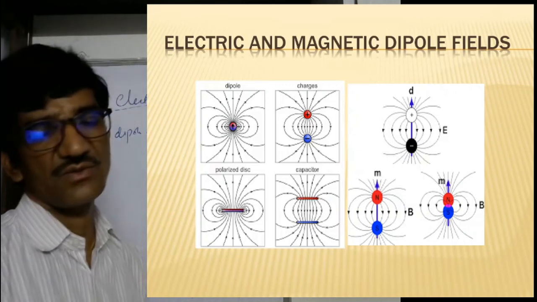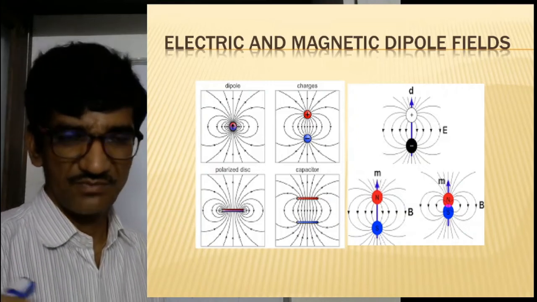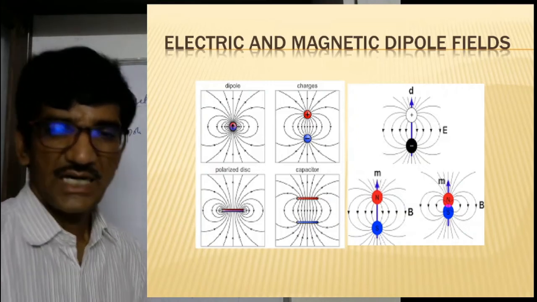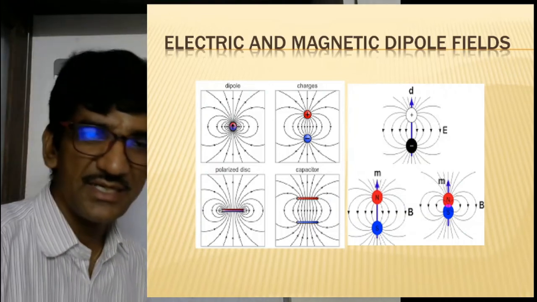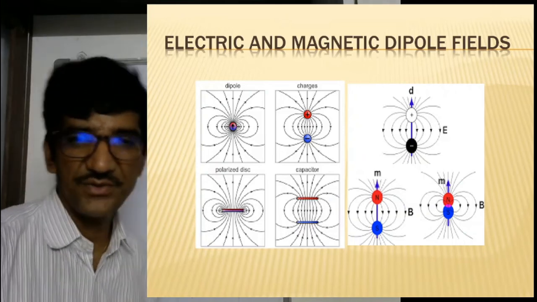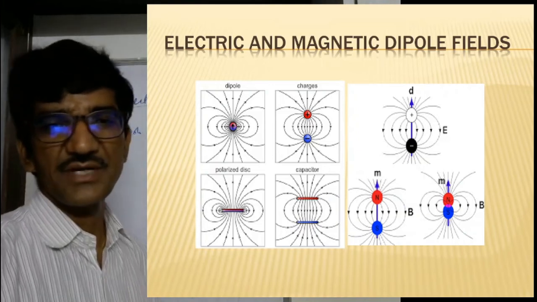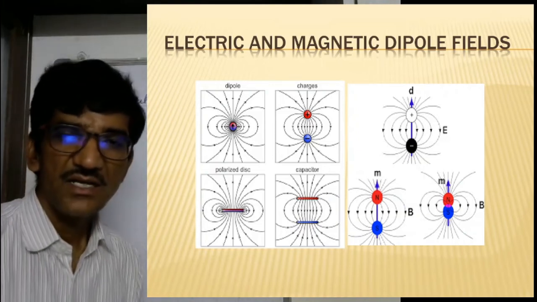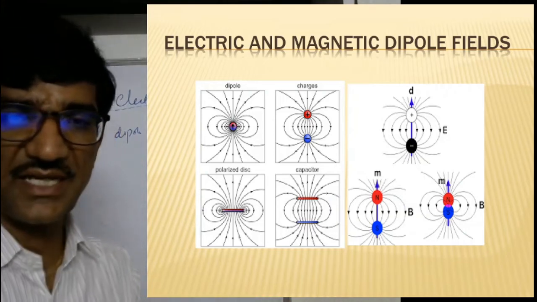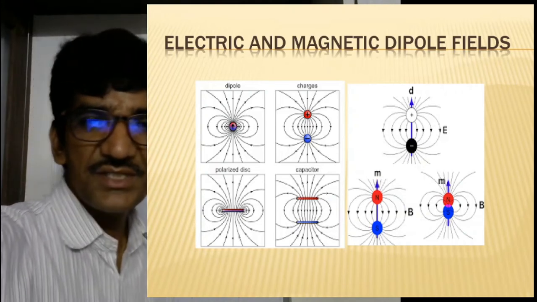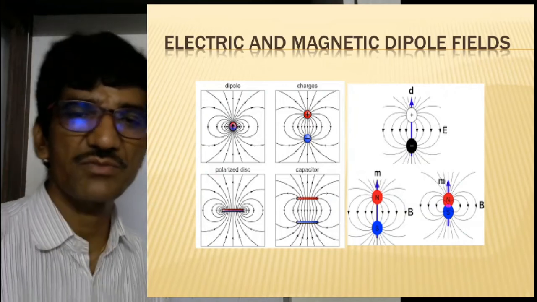That's why you do not have a unidirection along this line. Arrow marks are not in only one direction. In the middle portion you have some flipping of that. On both sides they are pointing up, but in the middle it is pointing down. That's why you do not have a specific direction there. But if you consider two charges situated very near to each other, then if you take the middle field line, you see almost a single direction from bottom to top.